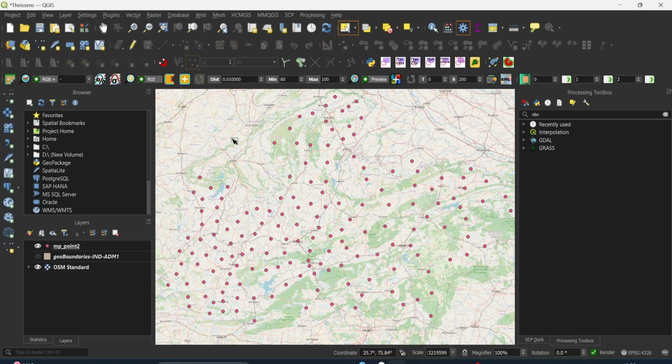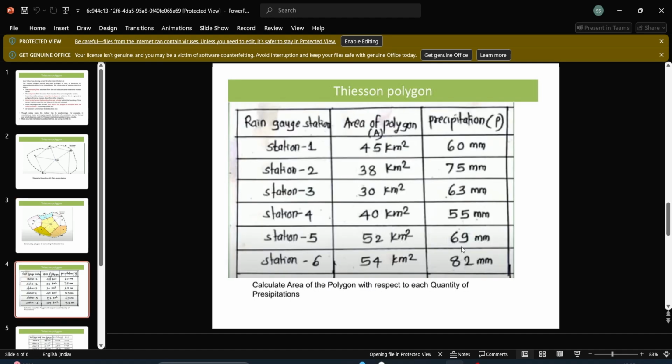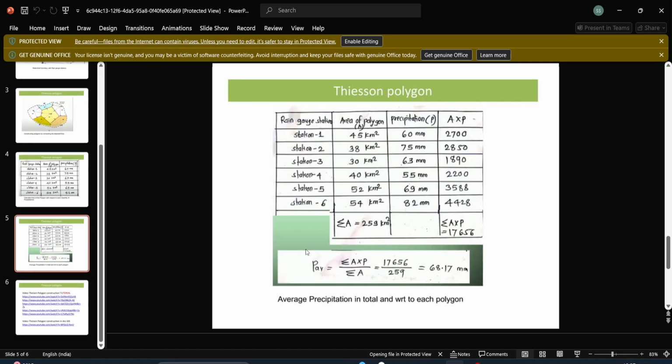So in this class, we will be seeing how you can process rainfall data. First of all, we'll be starting with creating Thiessen Polygon and finding out annual rainfall, as well as looking at interpolation methods, preferably IDW. Do you remember how we did it in QGIS, how we created the Thiessen Polygon? If you remember, we will first create Thiessen polygons like this, and then using these polygons, we will be looking at